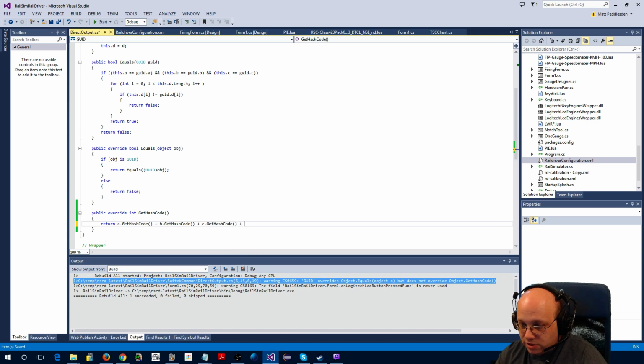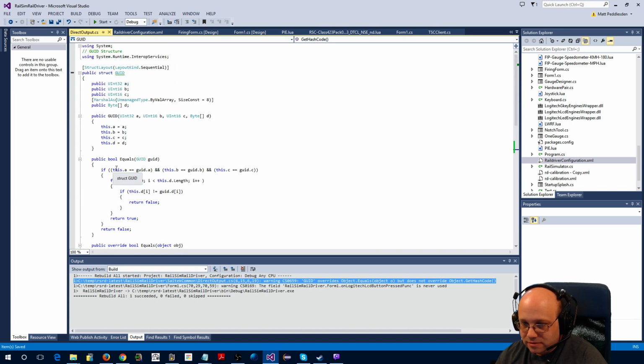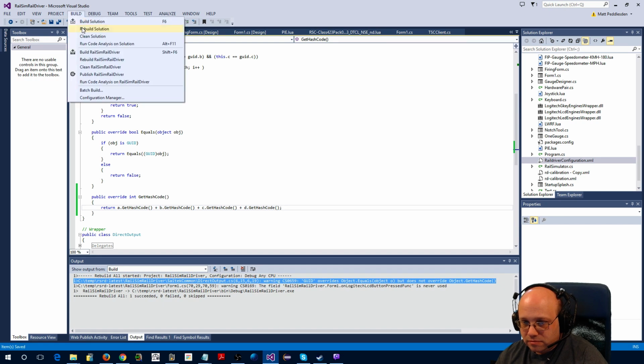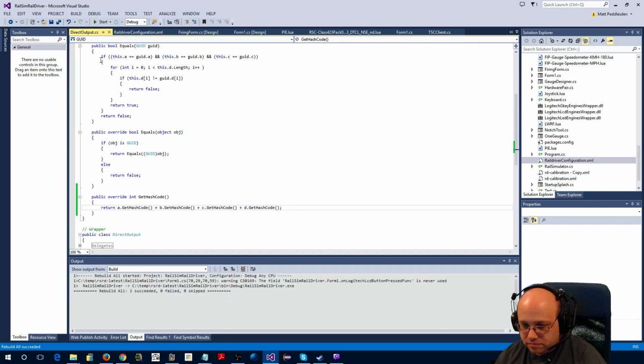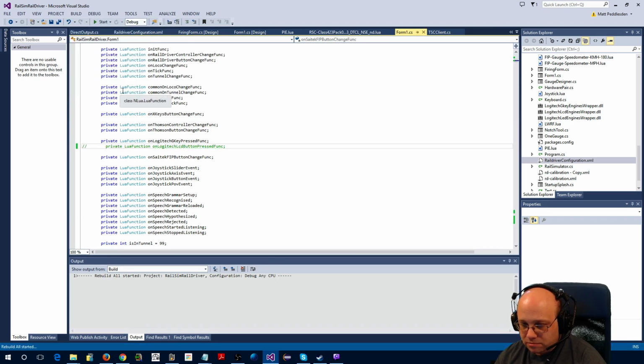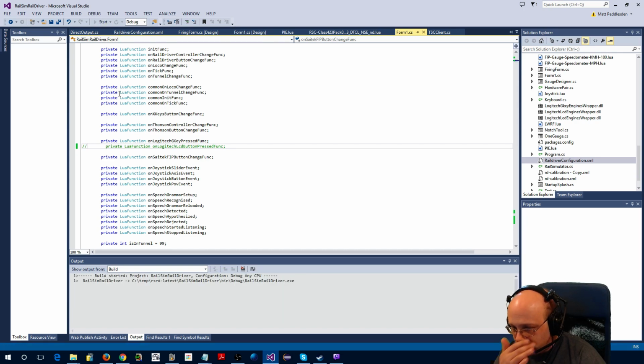Hacking a get hash code in. This is not a good way of doing get hash code. Right, I should have less to complain about now. Take that out. Hopefully that means we've got a clean build. Good. So if I now run this,